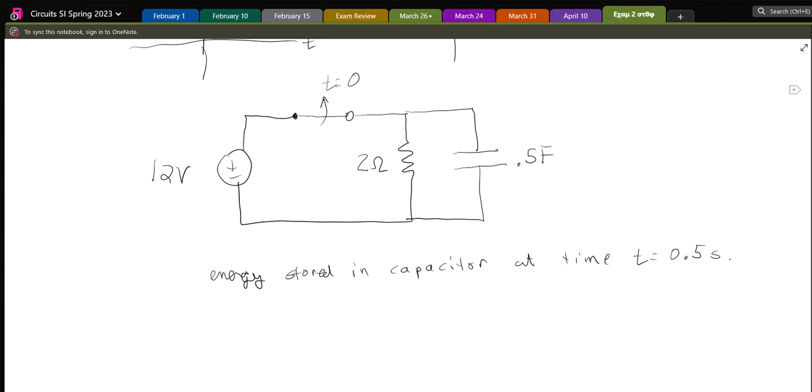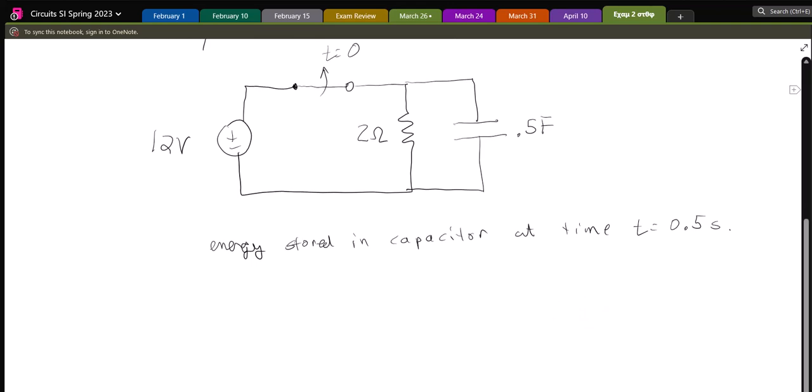Okay, so what I know is that my energy is 1/2 CV squared. I also know that I have derived a nice equation that I can use to find the voltage across a capacitor at any time in an RC circuit if I can reduce it to its Thevenin equivalent circuit. And that equation that we have derived by solving the differential equation that describes that circuit